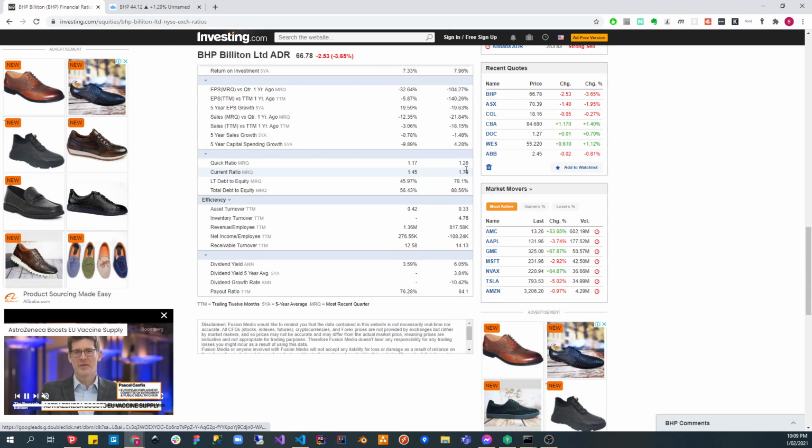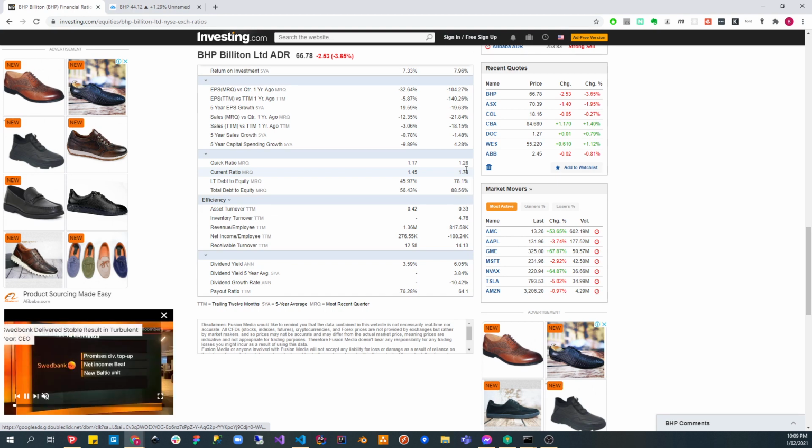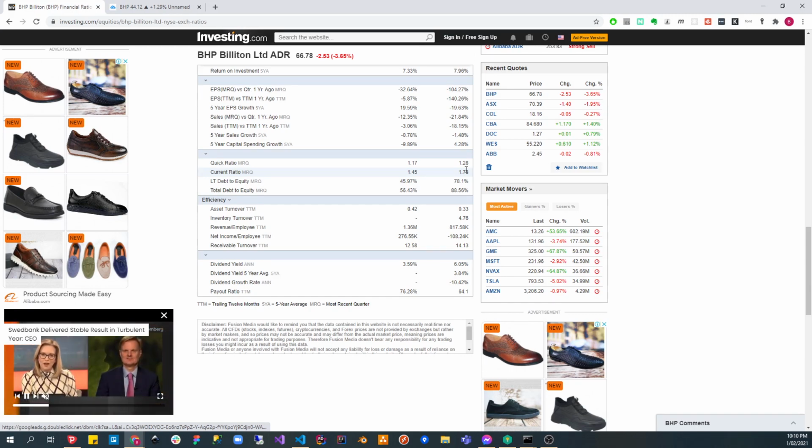That's pretty good. Now, one other thing about a mining company, and we'll talk a little bit more about it when we look at the chart, is that they're usually a cyclical company. So it moves in cycles. There's going to be years where there's a lot of demand for its products, and there are years that it's really quiet, and it goes in cycles. So in some way you can match it up with